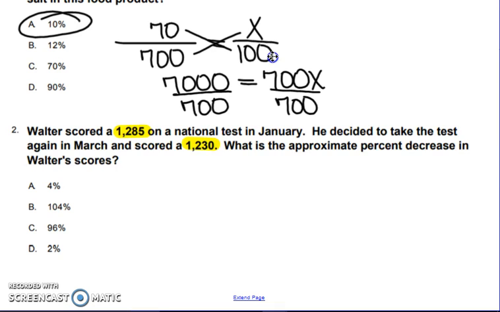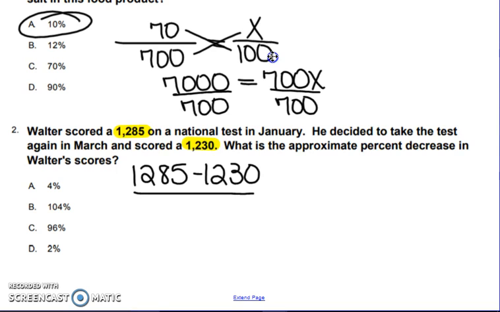1,230. So when I create my proportion, guys, remember, let's take the highest number and subtract the smallest number from that. And my denominator is always going to be what I originally start with. And here we're talking about months. So we got to know something about months here. It says he first took it in January, and he decided to take it again in March. Well, guys, which month comes first? You got it, January. So I am going to say, in my denominator,